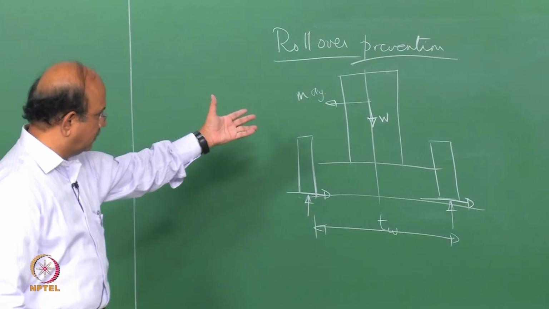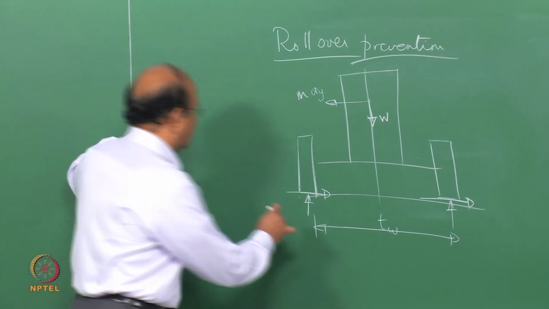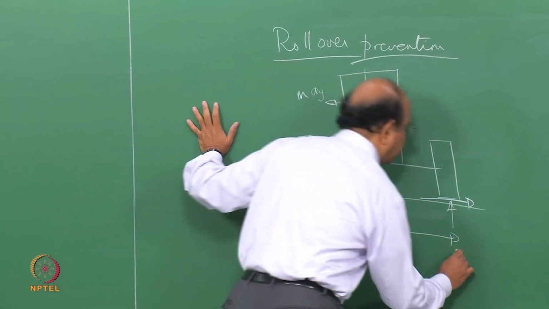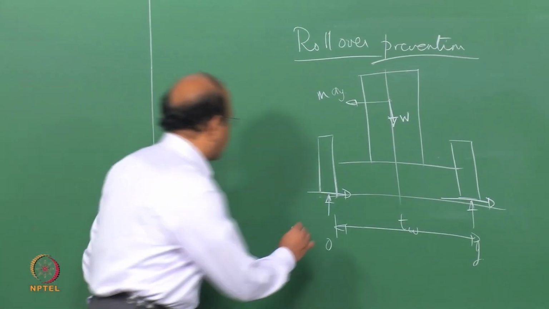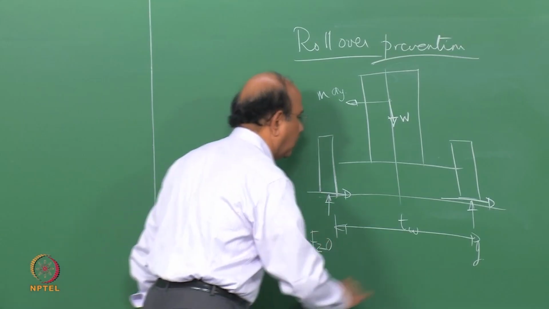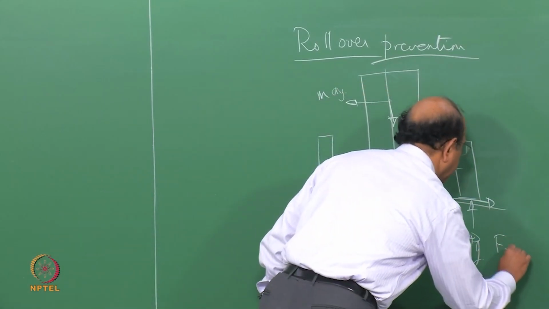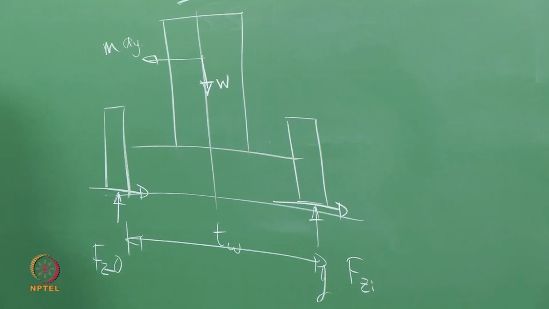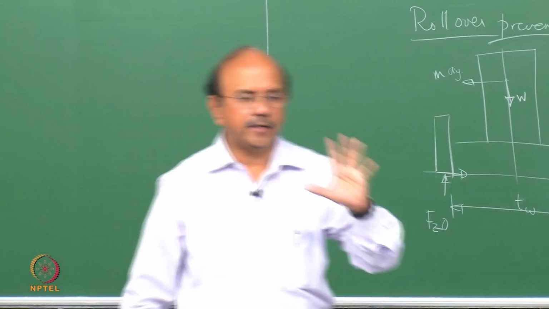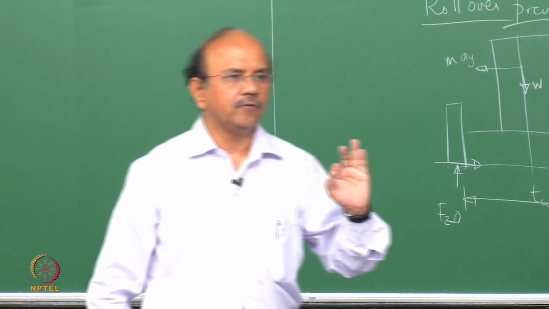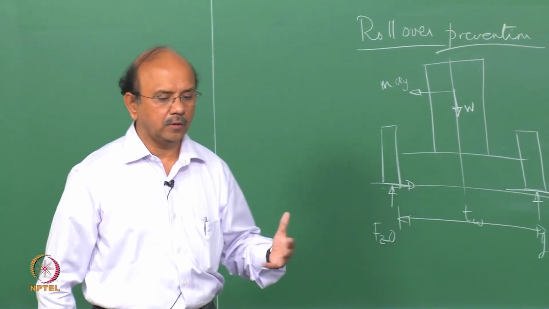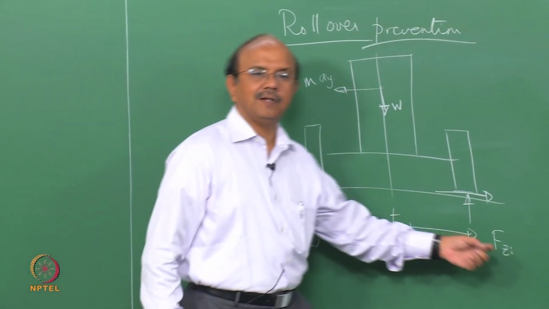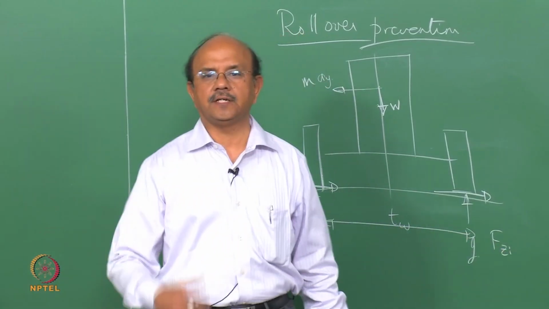Obviously, you see the roll as the vehicle takes a turn. Let's say that this is the outer tire, and that is the inner tire. Just call that outer tire and inner tire. And the FZ that's acting here is FZ at outer and FZ at inner. Let's define that the vehicle has rolled over once this FZ at inner